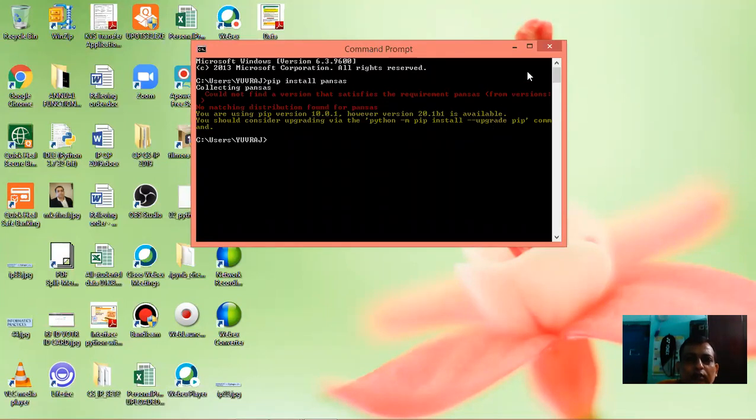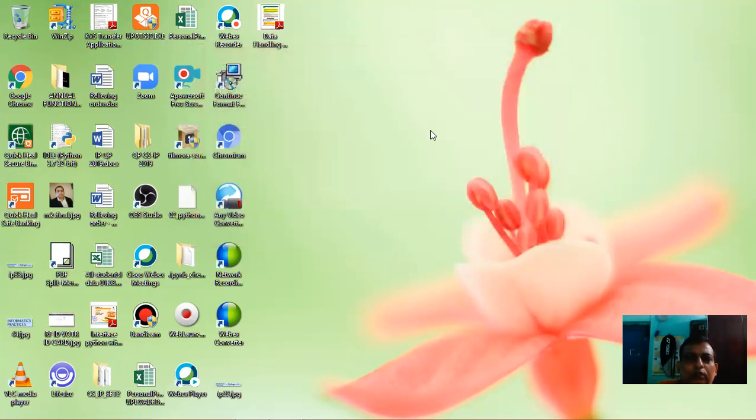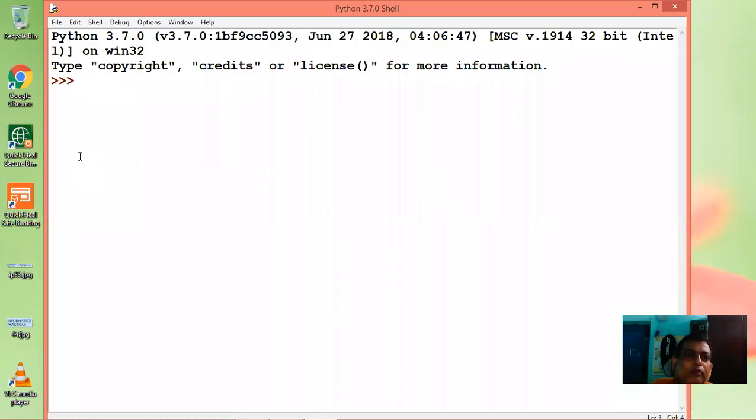In this way you can install Pandas and start working on the IDE. How do we check that we have installed Pandas?